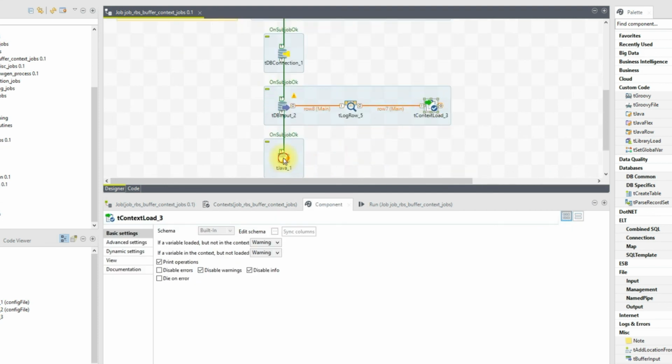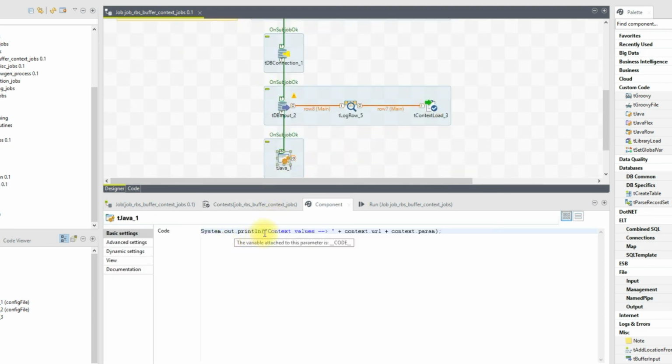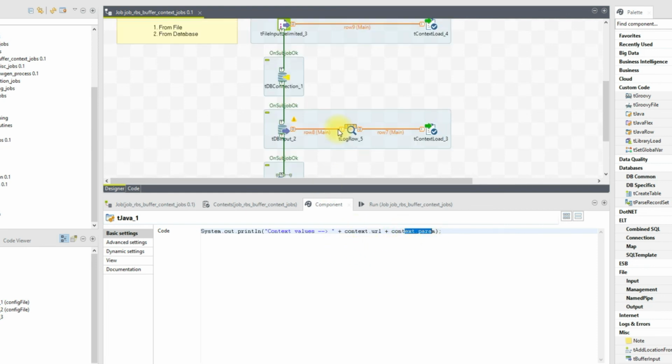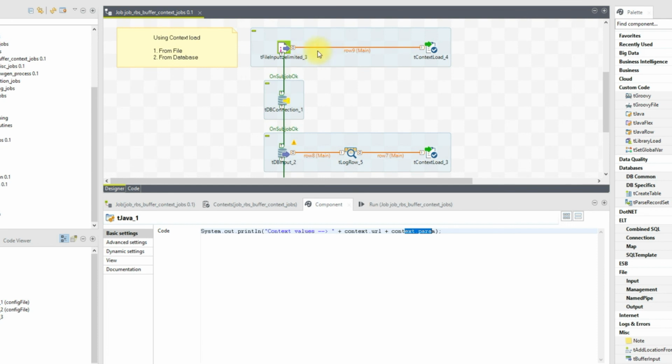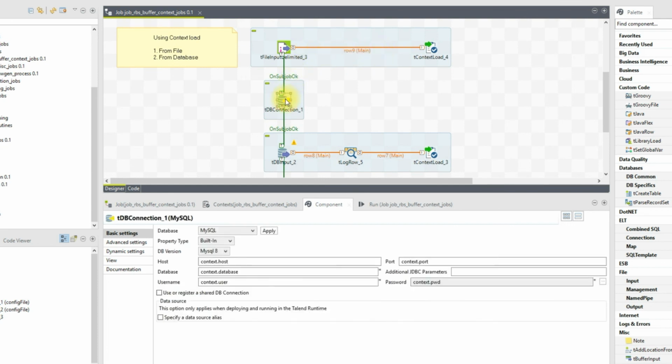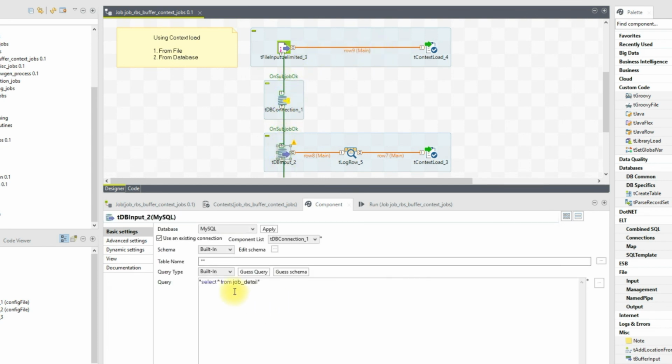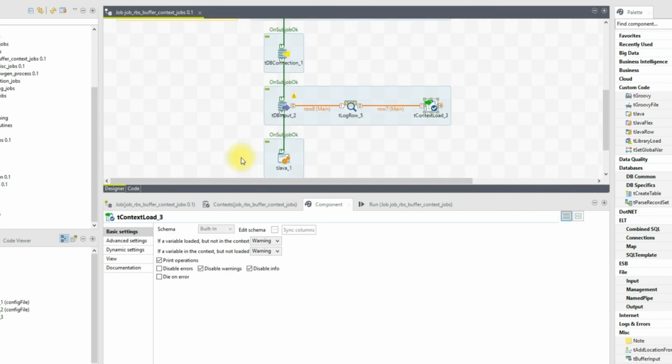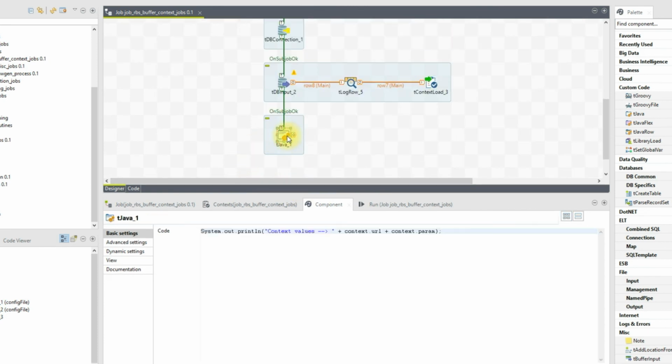Once that value is set, I'm printing using System.out.println. I'm printing the context values, concatenating the URL part and then the parameter part. So that's all. Reading the file, getting the connection details, creating the DB connection, reading a table, and then setting up the value. Right, so that's pretty much it.